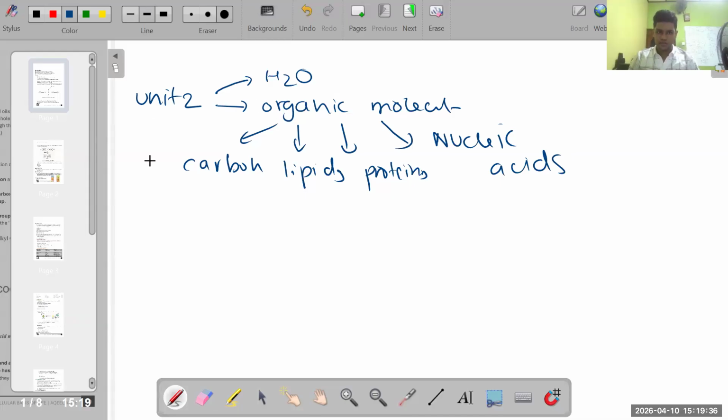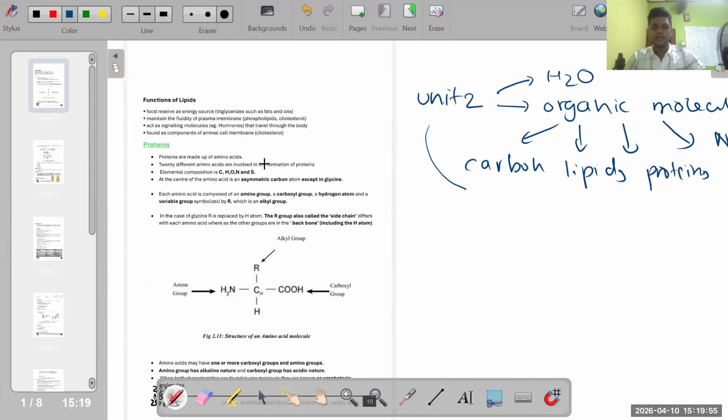After that, we have several other topics. Microscopes are there, cell biology, we have cell division, metabolism, photosynthesis, and we have cellular respiration. If we complete all those topics, we'll be completing unit number 2, right? This is the rough idea, right? Okay, now today we'll be starting the protein section, right?